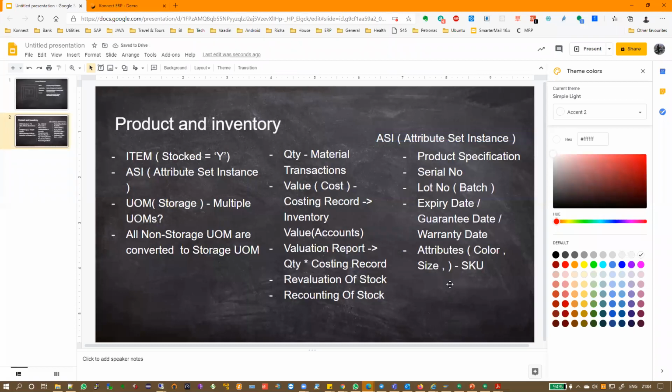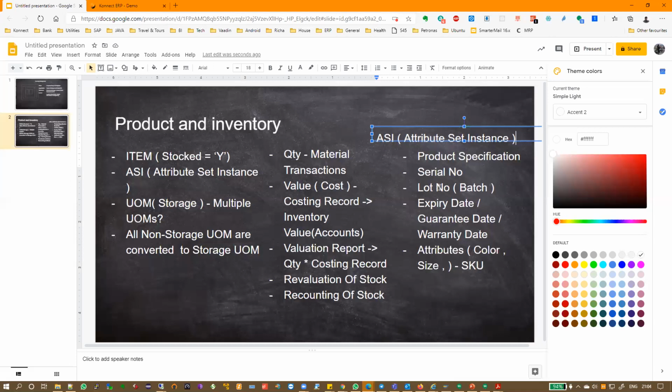Now, why I say our ERP is flexible is because this attribute set instance is optional. For example, if you are going to track nuts, in the same car example, there is a 4-inch nut. The 4-inch nut will not have all these specifications. A 4-inch nut is just a 4-inch nut, it's just a model number, it has only one SKU. You don't need to go through all this detail. You can skip this, which means it is optional. You have an option of doing inventory at a high level, or you can go down to a very detailed level.